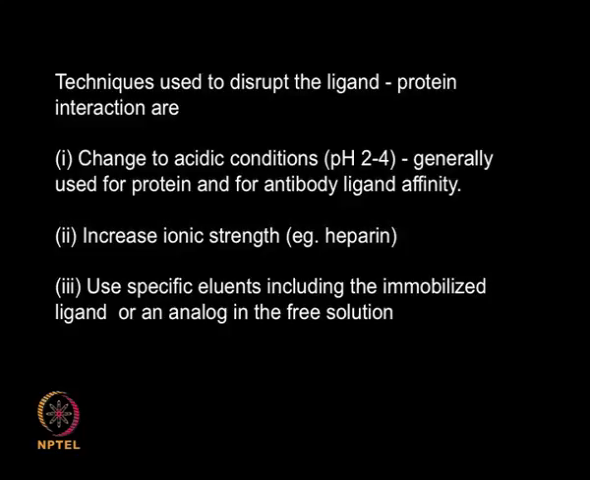So what are the techniques used to disrupt this ligand protein interaction? So we have done a ligand protein interaction. Now we need to dislodge it, so that we want to collect it back or we want to regenerate the column. So how can we do that? We can change the pH condition, we can make it more acidic. This is generally used for protein or for antibody ligand affinity. So we change the pH so it becomes pH 2 to 4, okay, or we can increase the ionic strength. Example, if you want to separate heparin, we can use specific eluents including the immobilized ligand or an analog